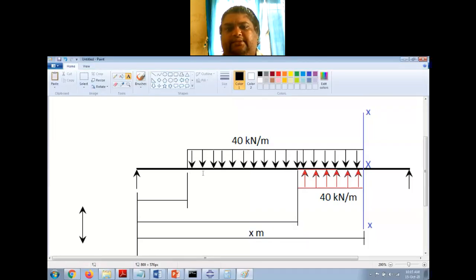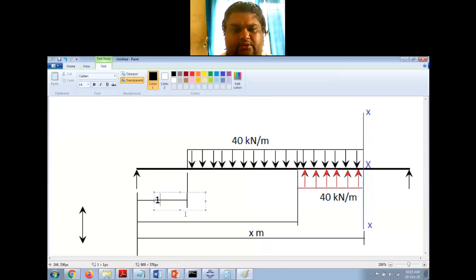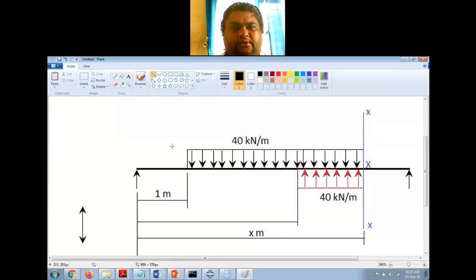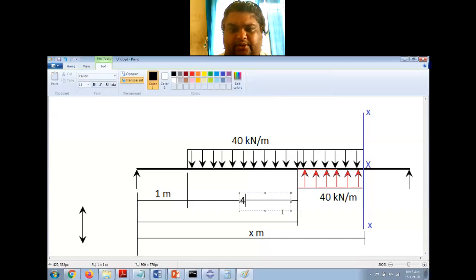Now, this length is 4 and this is 1 meter, right? So, this is 1 meter. I'll just draw another line here, slightly up, and this is 4 meter, that is given in my numerical. This is 4 meter,